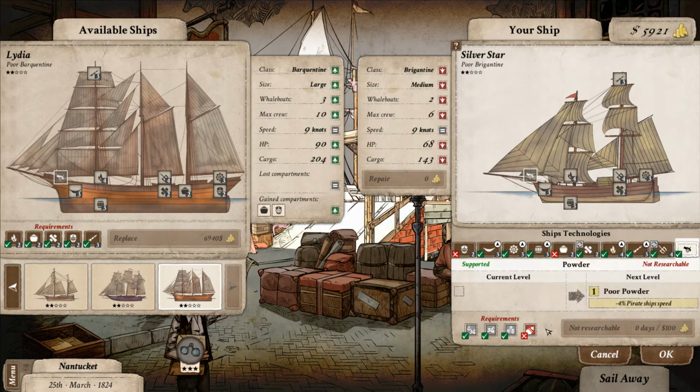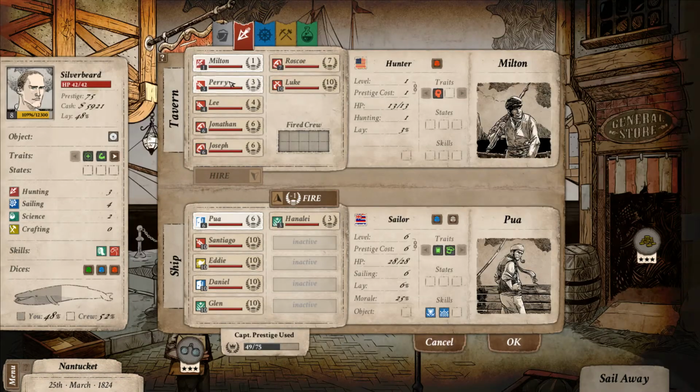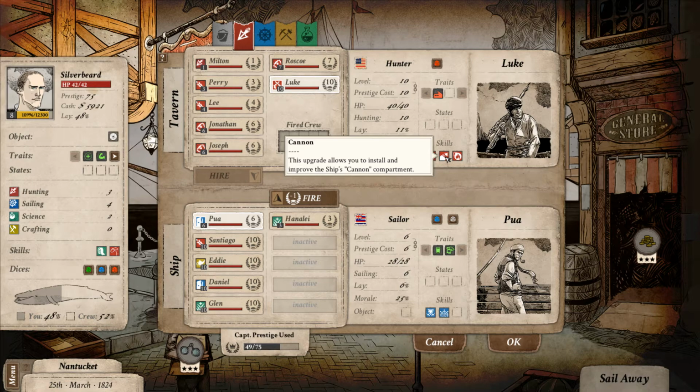We can't do the cannon. That would be really cool if we could get a cannon. Okay, let me just have a quick look at the crew. Anyone here got the cannon skill? He's got the cannon skill, but